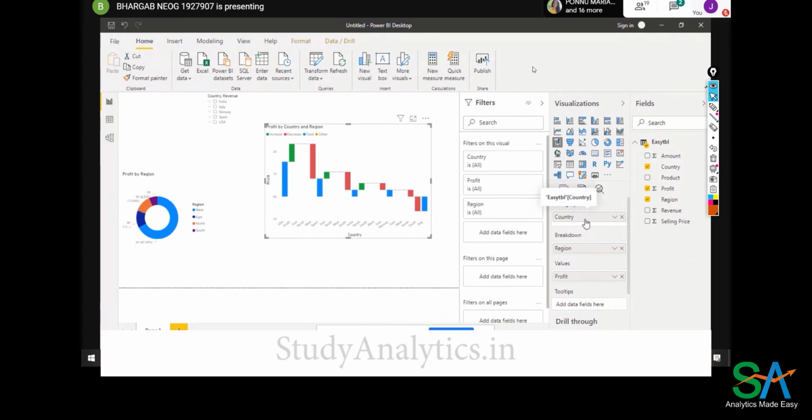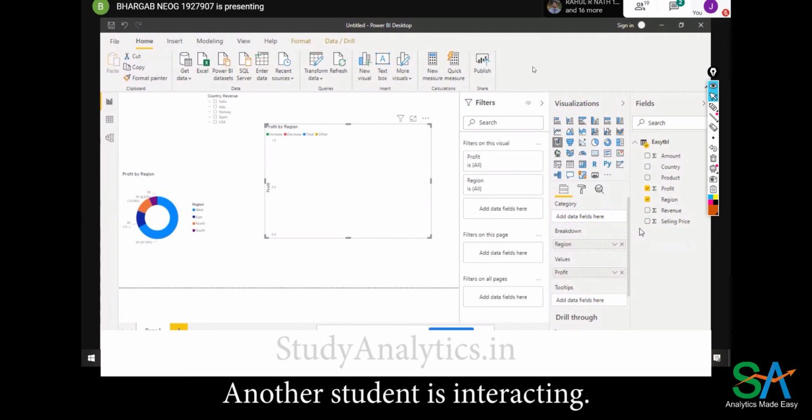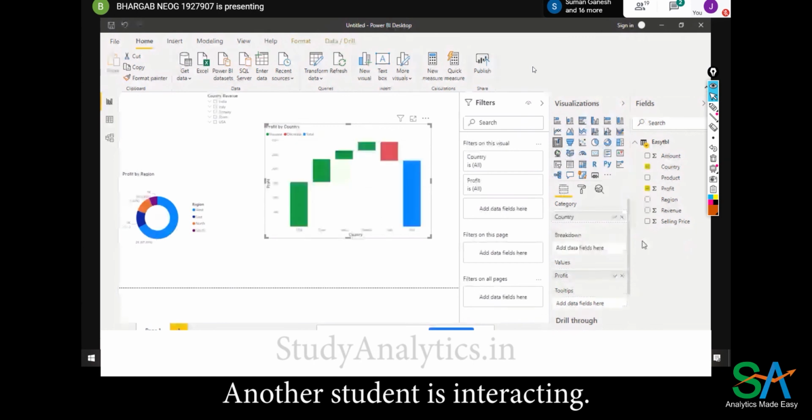I think country, Suman, I think it is unrated, I guess. Remove the region. Yeah. Sorry? Breakdown. If from breakdown regions remove, it will become normal. Remove that. And in category introduce the country. Okay. I have to remove region from the breakdown, huh? Yeah. So what we are doing is we are getting the profit according to the category country, right? And within that, if I want to break it down to the region, I can do that by just dragging the region into the breakdown. Okay.